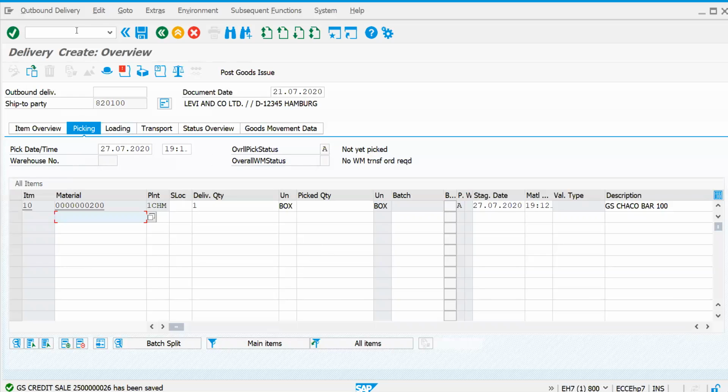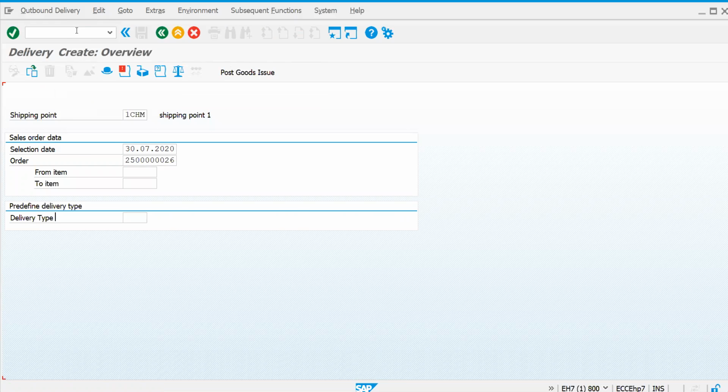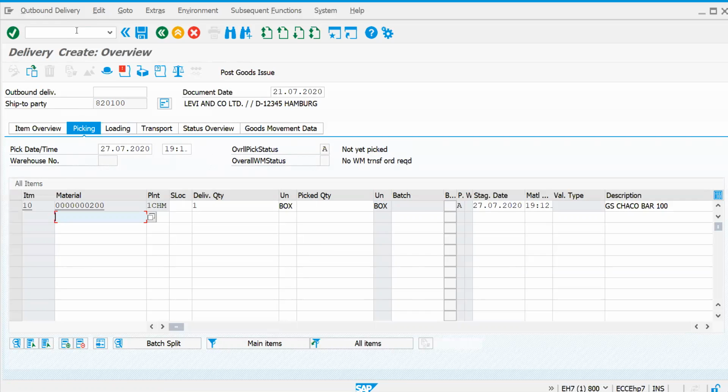I am not saving or changing anything here. Let's try to create the delivery by using the transaction. Then the first step appears like this. If I press enter, it goes to the next screen. Here you choose your storage location. If you click here, you can see the storage location. In this example, we have created one like sales. If you see, the delivery quantity is 1.